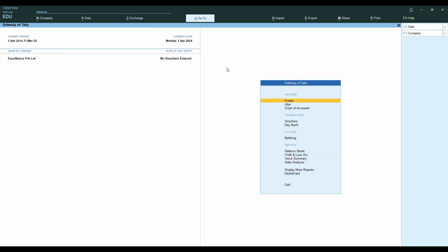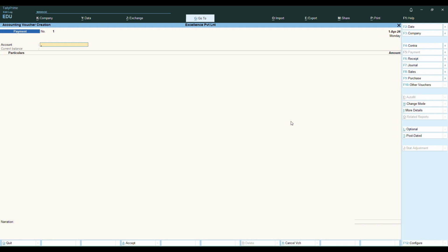Now let us see how we can create payment vouchers. Select Vouchers option in the gateway of Tally or press V on the keyboard and we will be taken to the payment voucher creation. Press F5 as you are not on the payment voucher creation page by default.